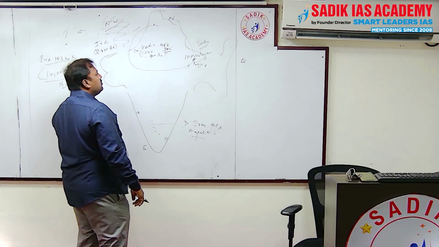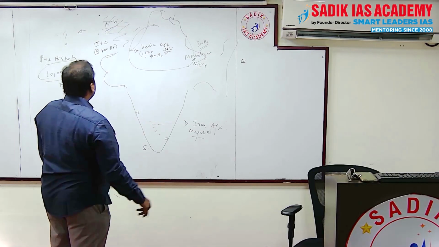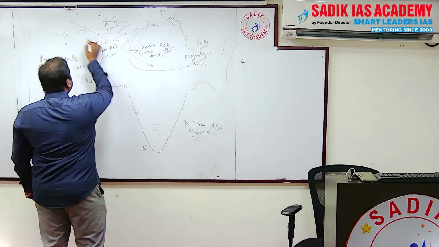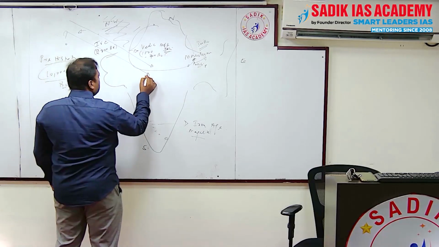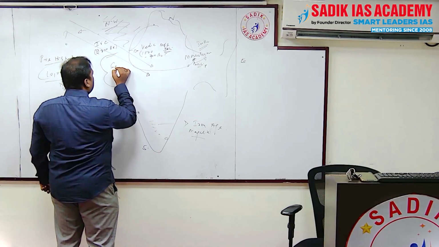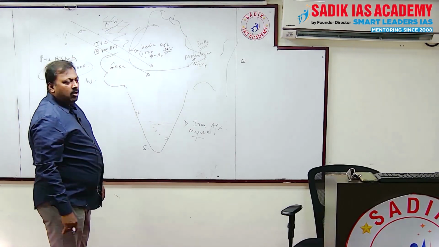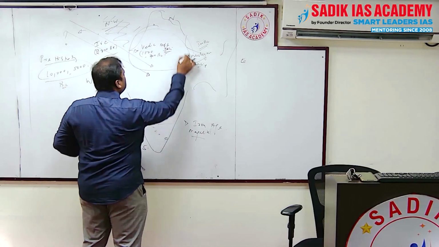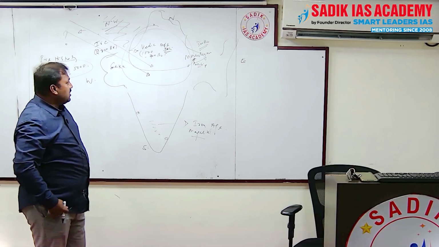Then, after the Mauryas, we have a huge confusion in India, characterized by the incoming of foreigners. The foreigners came to India in these directions, entering the northwestern part of India. We simply use a word, Sakas, to refer to the foreigners. You understand? All these foreigners came and settled in this region, the northern part of India.